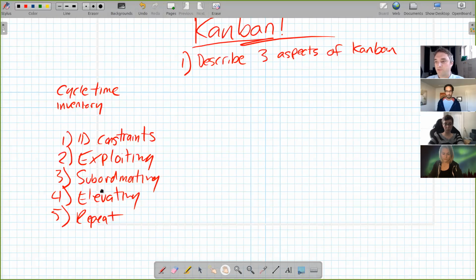So in practice, this means taking somebody off of some task they're doing and moving them onto the task that's the constraint right now. That's subordinating. And then elevating is hiring more people, getting another washing machine, actually introducing new resources.